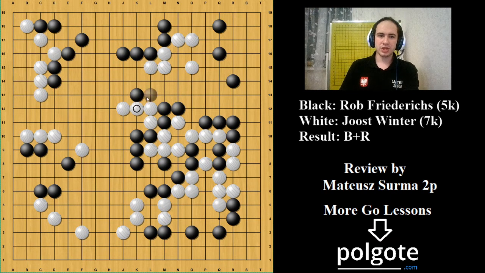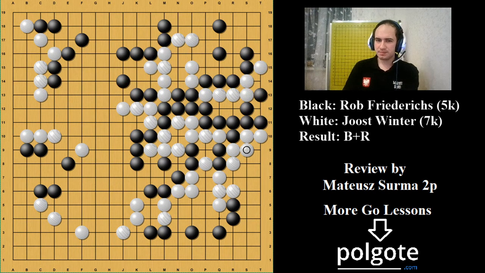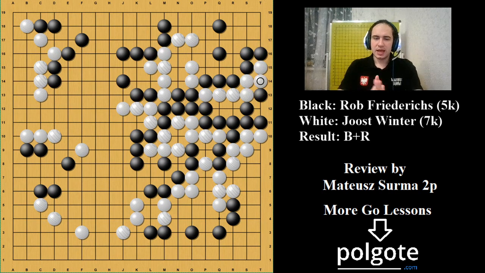After this connection, I think it's already very difficult for White to win this game, because White needs to put a lot of focus on making this group alive, and it's really difficult. Okay, so here White tried to survive with that group, and later it went something like this, and now